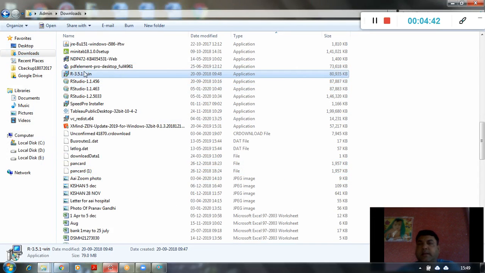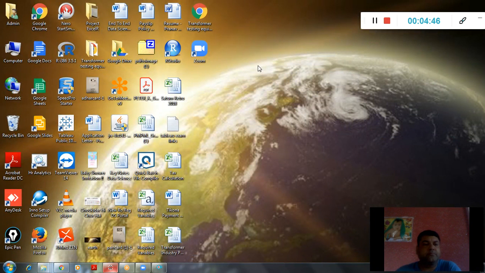So when you double click it, follow the instructions, and the base of R will be downloaded into your system, and you will find a desktop icon like this.